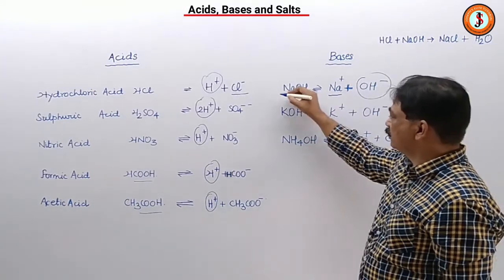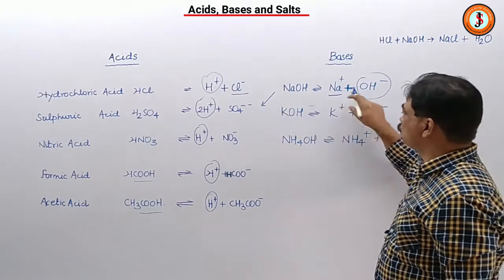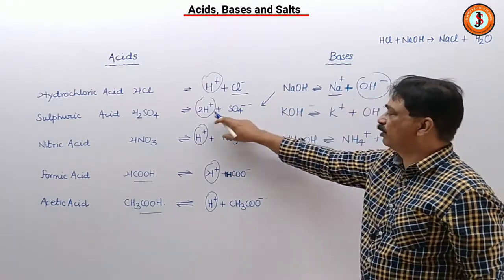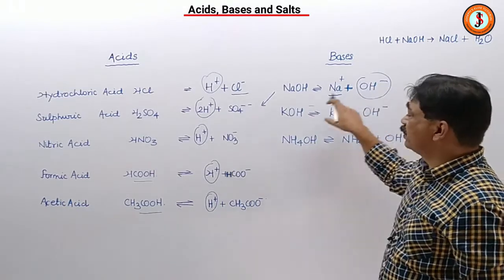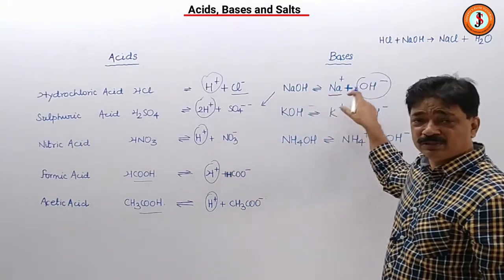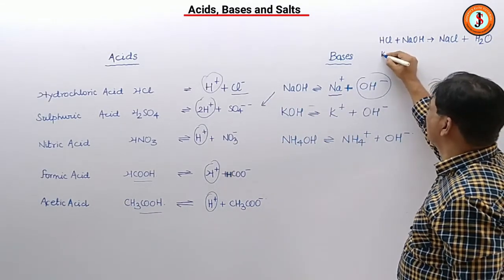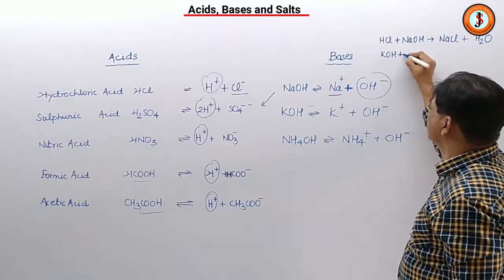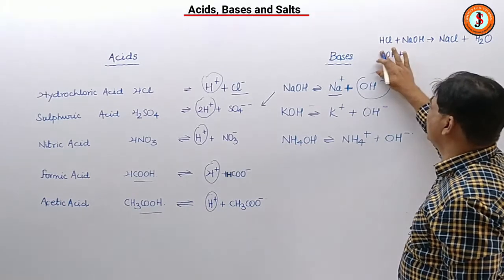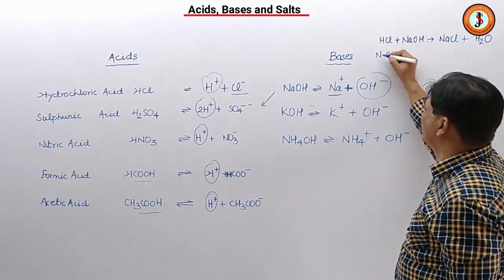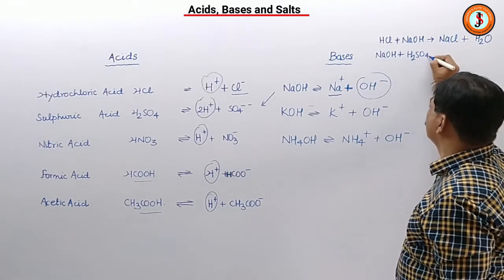Suppose I am reacting sodium hydroxide with H2SO4. There will be two sodium hydroxide molecules needed, because OH minus over here will neutralize only one hydrogen, so one more is needed. So what will happen if I balance this reaction, with one more NaOH? Let us say NaOH plus H2SO4. So what is happening? Let us see here.